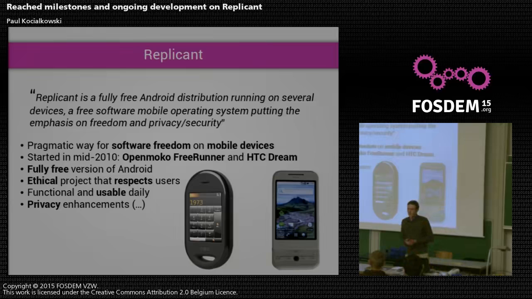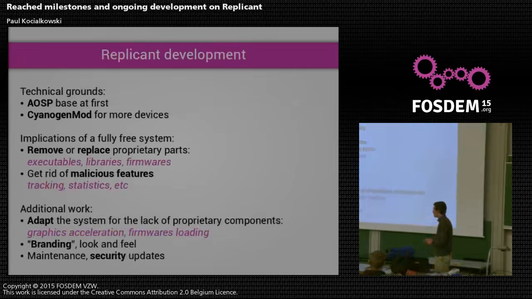And obviously we want something that has some sort of use. We want it to do something, right? Not just to be some theoretical system that you can probably build but not really use. We want something that serves a purpose, that you can use as a phone in that case. And we also care a bit about privacy and security, so we try, when possible, to make it better in that regard. So the technical grounds for Replicant are the following.